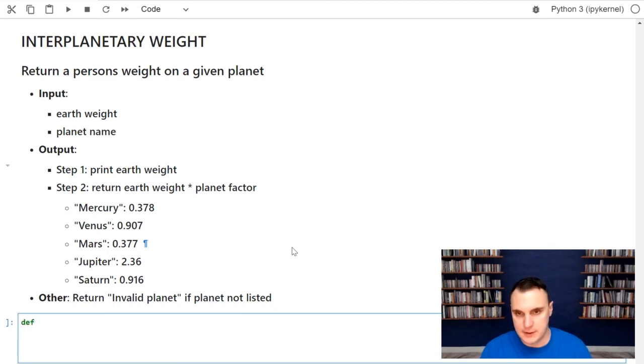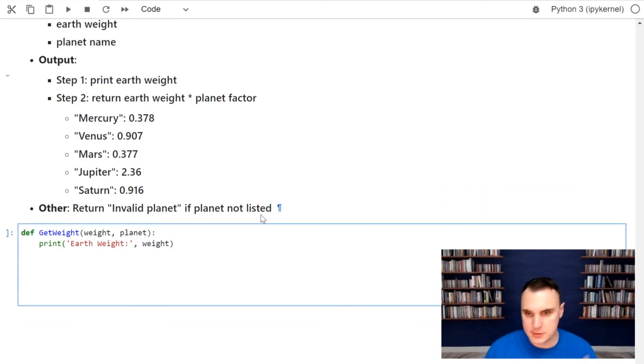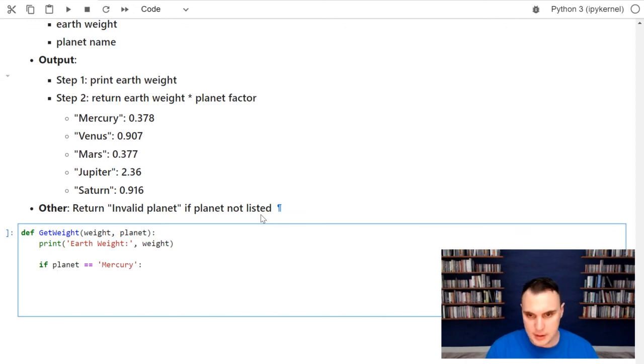Okay, defining our function, I'm just going to call this get weight. Get weight is going to take our Earth weight, I'm just going to call that weight, and our planet, I'm going to call that planet. I'm going to print out Earth weight, and Earth weight is going to be the weight that we passed in. Now I'm just, again, going to do if statements. So if the planet equals Mercury,